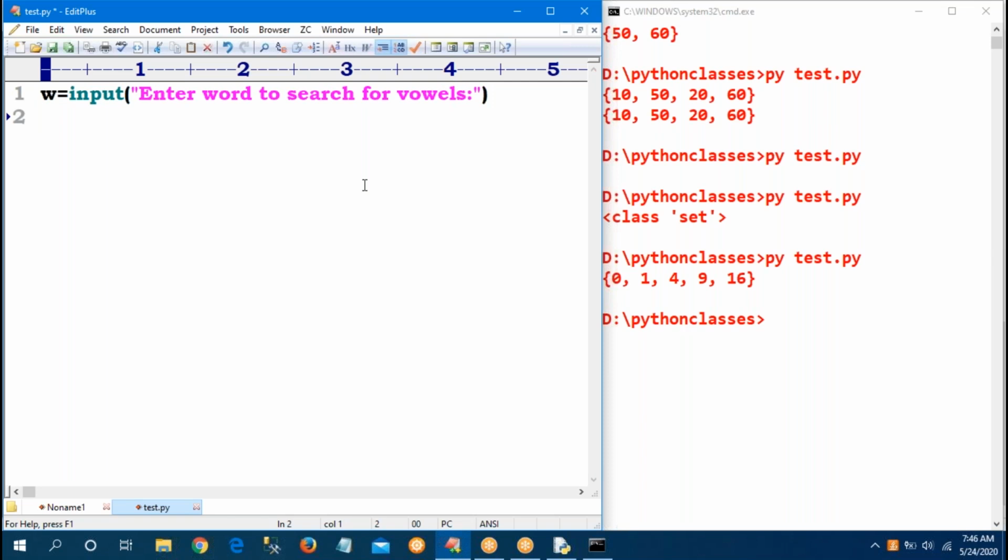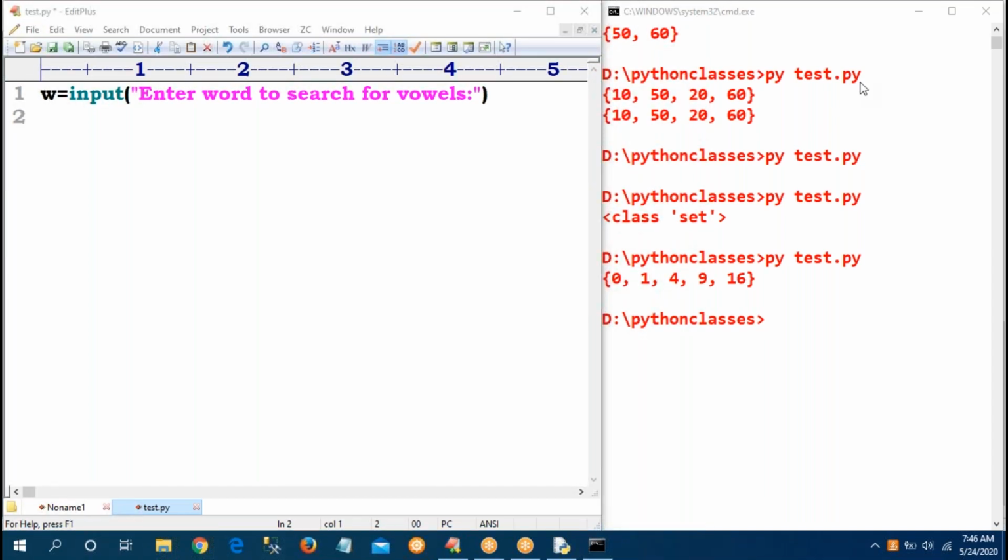Suppose my word is sunny. Only U is available there as a vowel. I'm entering Mahesh IT. A, E, I are available. How to print only the vowels in the word?